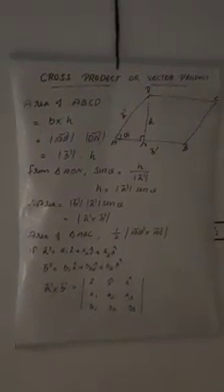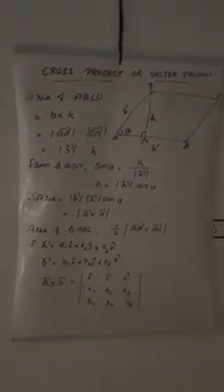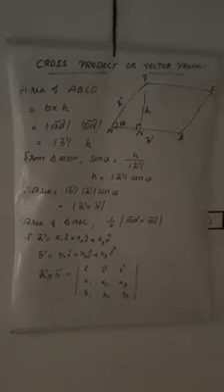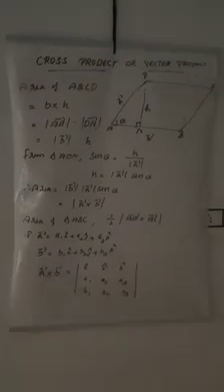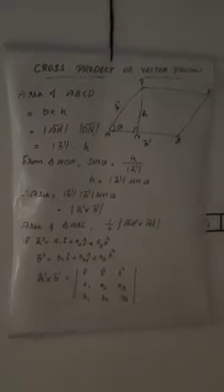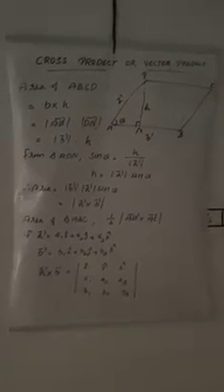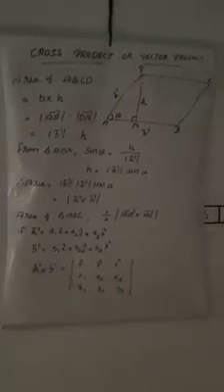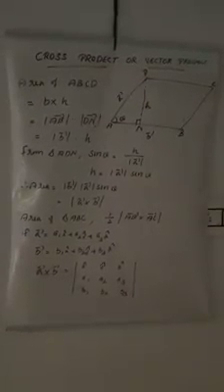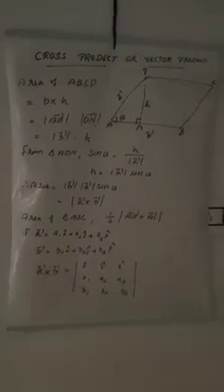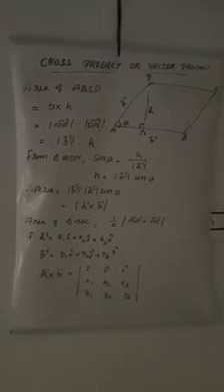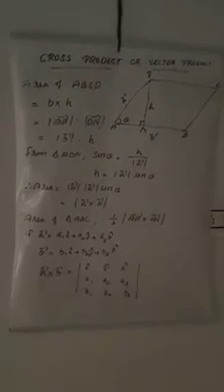We can discuss some more properties of vector product. Okay, what is vector product? A cross B is modulus of A, modulus of B, sine theta into n cap. And we know n cap is a unit vector perpendicular to both A and B, and its direction is from A to B. We have studied the property. Cross product is anti-commutative, but cross product is distributive.